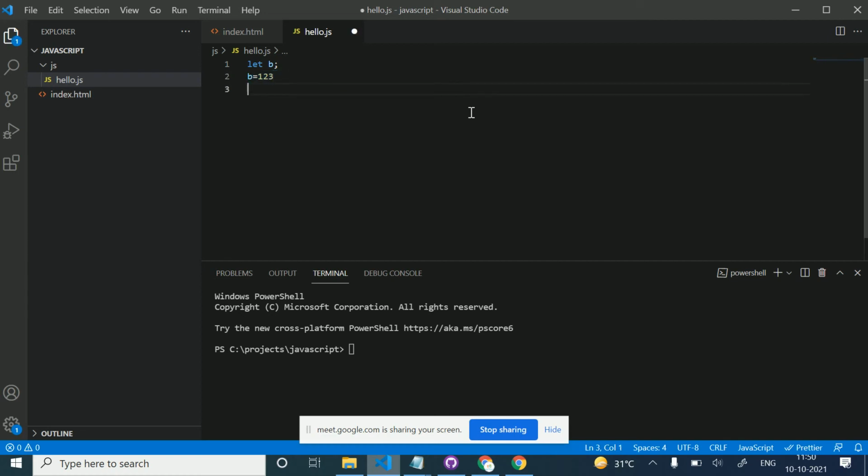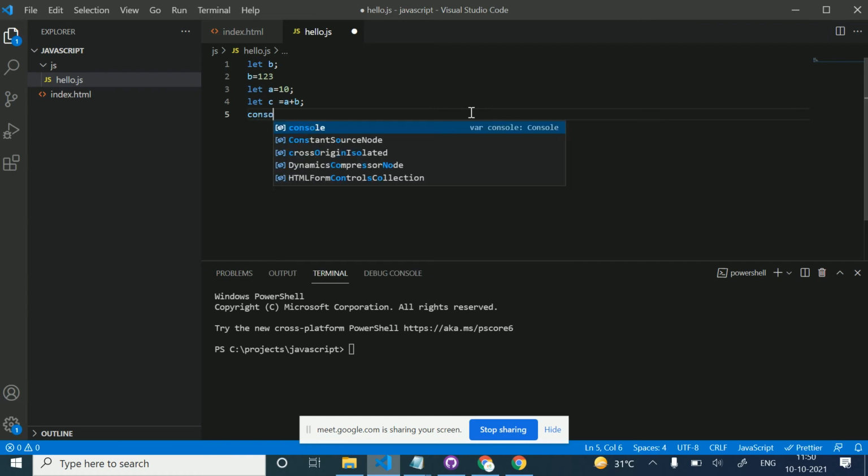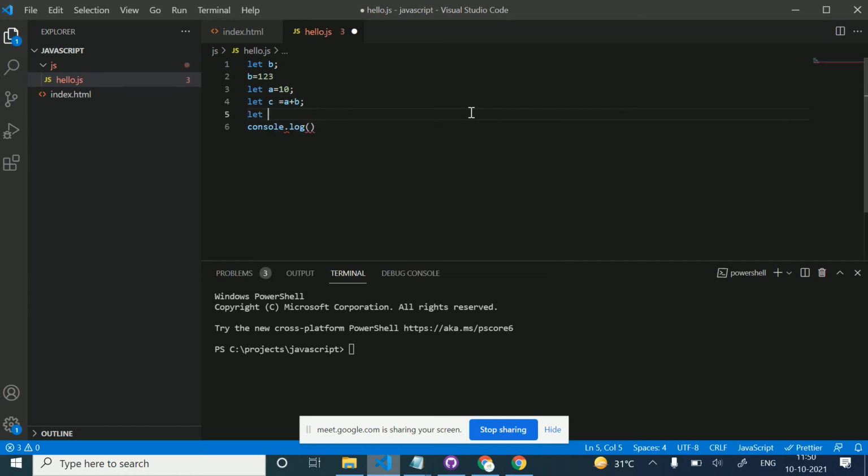Okay. So there are many operators. Like I have a new variable here, let a, and we can have value 10. So in let C, we can use plus for adding a and b. Console.log, we can add these two values. And there is one more, all arithmetic operators we can use here. I'm just going to copy paste this, it will take time otherwise. All the like minus, if we want to minus